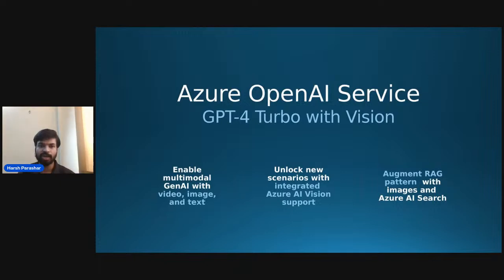GPT is generative pre-trained transformer. There are different types of models available. GPT-1 came around 2017-18, and after that GPT-2 came, GPT-3 came, GPT-4 came. Now we are heading towards GPT-5, which can also solve our problems and can be implemented in a Turing machine. Hope everyone knows about the Turing machine. It is like a beginning of AI by Alan Turing, and any machine can be converted and implemented into a Turing machine. So we need to select which GPT model we need to use in our Azure OpenAI service.